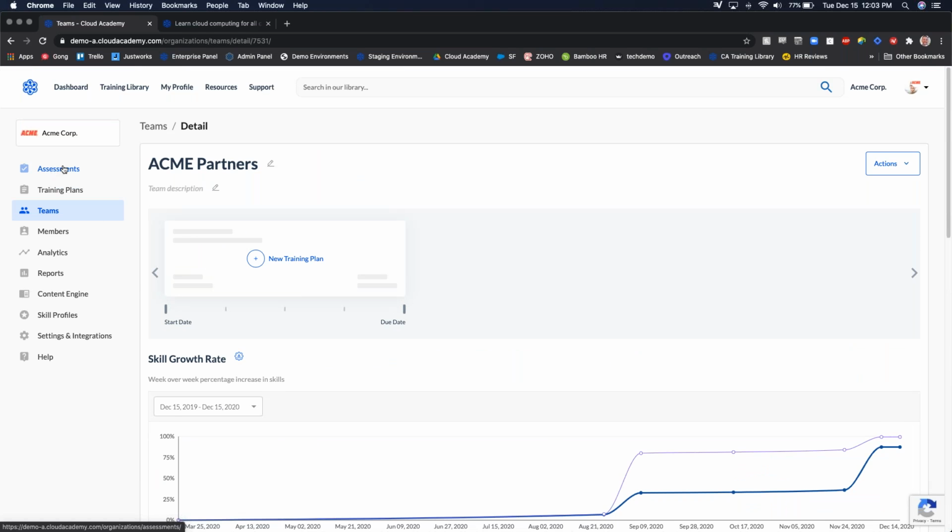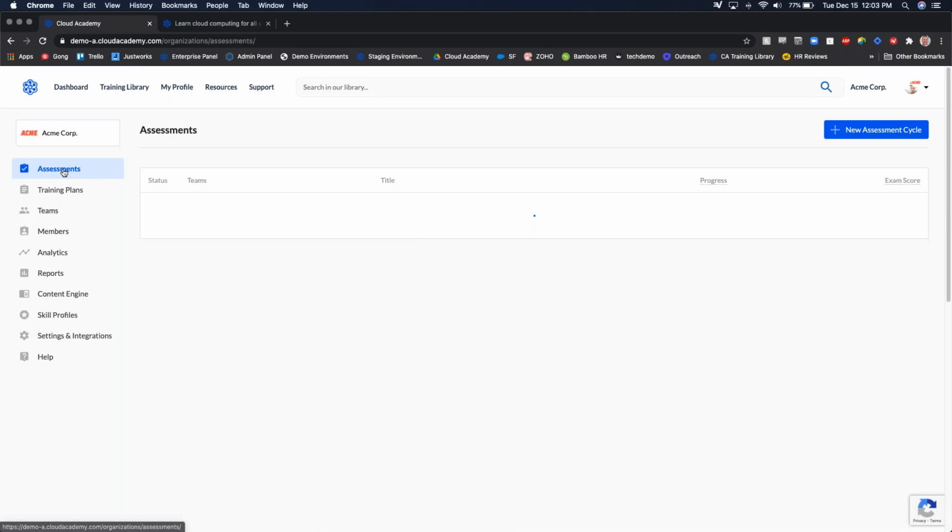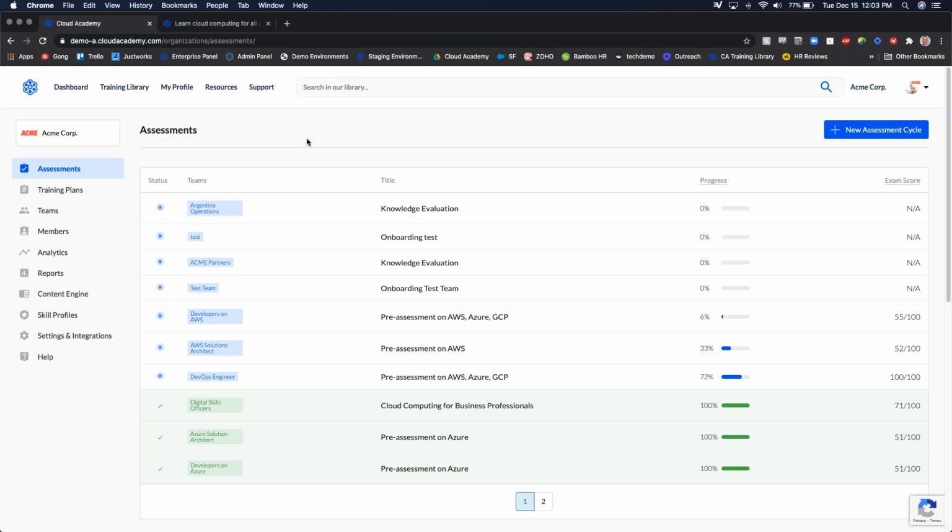Once we've organized all of our end users into their various teams, we're ready to go to the next step within the platform, which is going to be the assessments. Now, at Cloud Academy, we greatly value assessments. We think it is a pivotal part to any true robust learning. But more importantly, the assessments are going to capture a baseline understanding of where skills lie today, feed that information into the skill profile, which we will see here shortly, and it's going to help identify skill gaps.